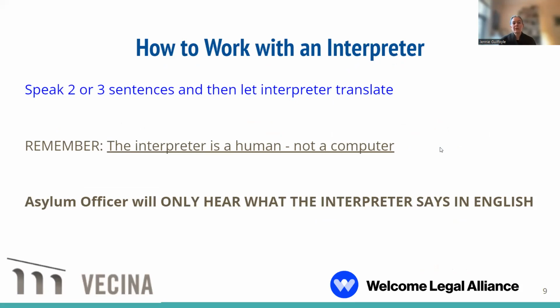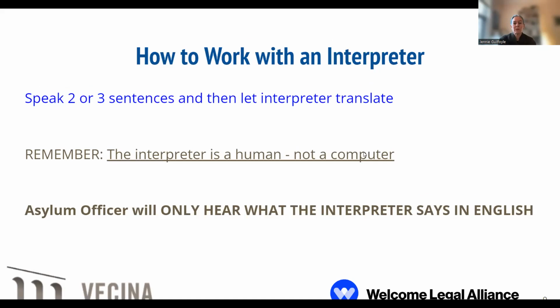And so if someone's not a professional interpreter and the applicant has never worked with an interpreter, in pretty much 100% of cases, what will happen if you don't practice this in advance is that two things will happen. The applicant will be asked a question and will give a very long answer, and will talk and talk and talk and talk and pause after 3 minutes of talking. And then the interpreter will try to translate.